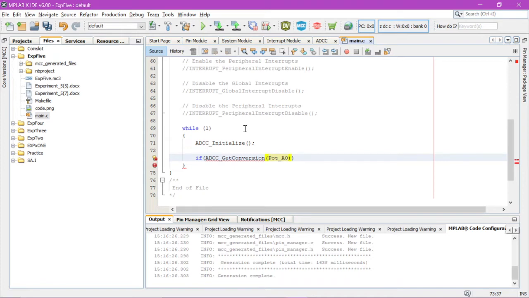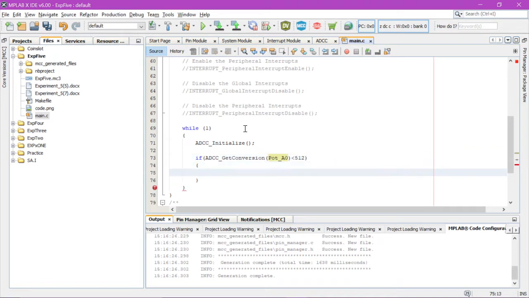So if that value is less than 512, that is to say, if it is turned more inclined to the counterclockwise, then